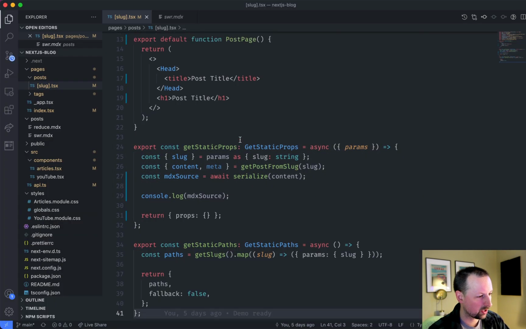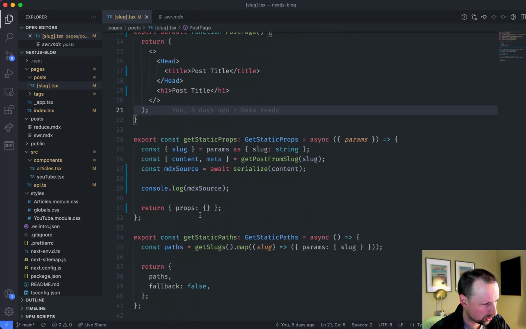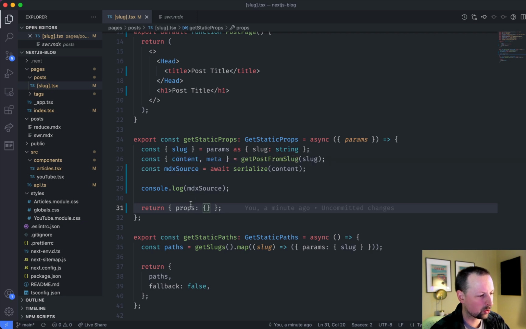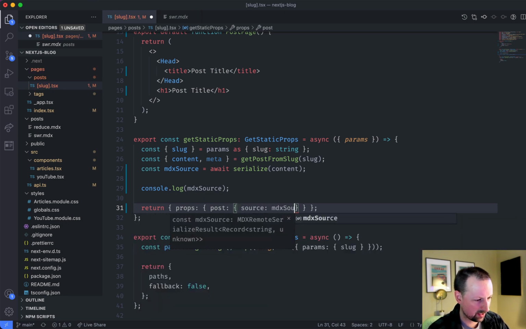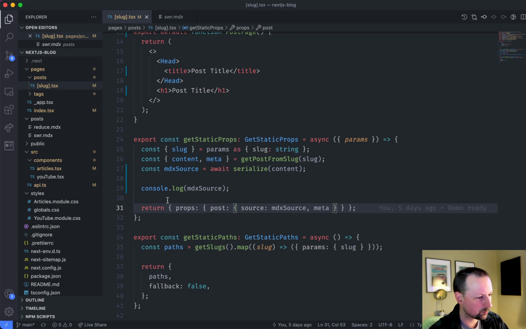We're going to be working with a component called MDXRemote that basically receives this source and knows what to do with it. So what we want to do here is pass this MDX source as a prop to our component. We're going to say, okay, you're going to get a post, and the post is going to have two things. It's going to have the source, which would be MDX source, and it's also going to have all of the metadata, this data right here. So we're going to save that,